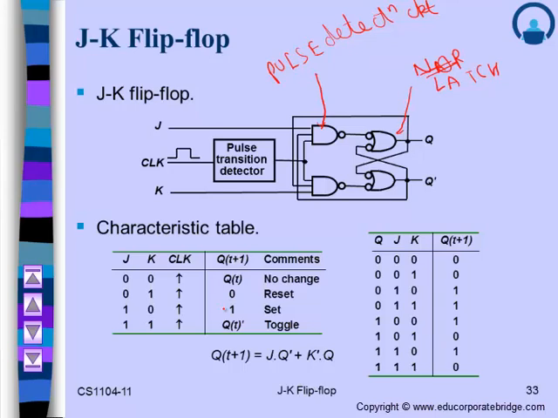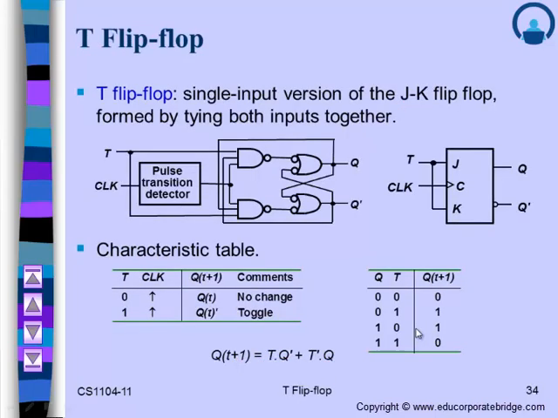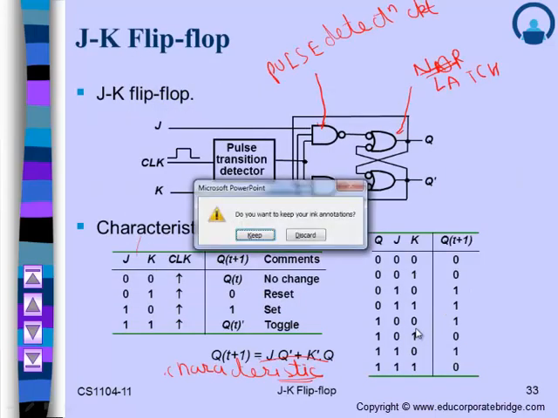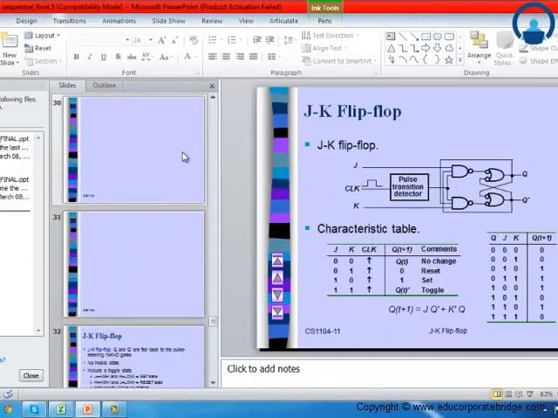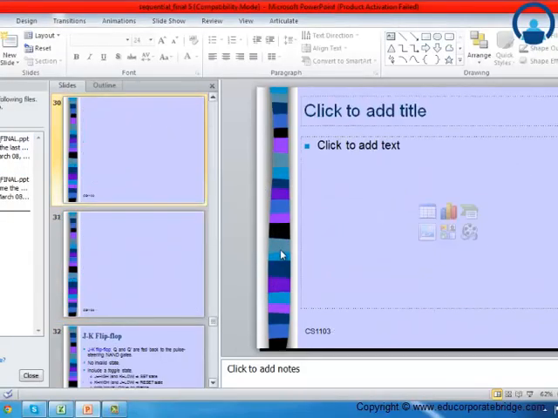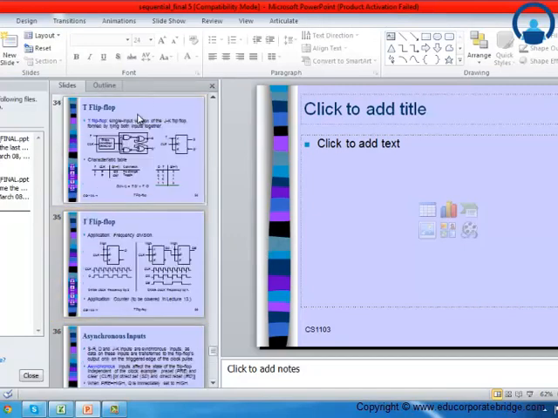That's it. Now this equation is called the characteristic equation. I'll definitely show you how this equation comes from. To work out where this characteristic equation comes from, let's see the working of the JK flip-flops. So to find out the characteristic equation, characteristic table